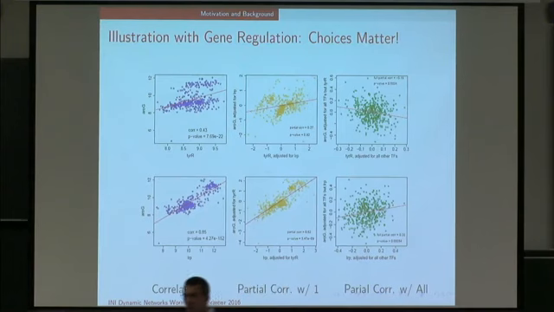Now I know there's more context, there's more genes and whatnot, but for just this choice, that would be the decision. On the other hand, if I know a little bit about comp bio, and I won't claim to know a lot, then I know that we have things like transcription factors, so we have genes that may be driving other genes. Seeing that correlation may really just be the fact that there's some other gene that's driving those two in a latent sense. So to adjust for that, I might use partial correlation, where formally I would regress out the effects, say, of this gene LRP from each of TYRR and AROG, and then look at the correlation of those residuals.